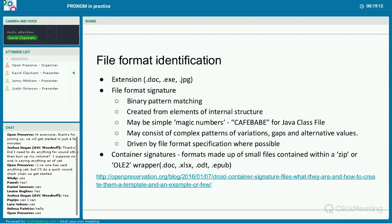The way a file format signature works is essentially through scanning the internal bytecode of files, and it does a thing called binary pattern matching. It looks for patterns within the files that are registered within PRONOM, and then returns a hit where it matches up. These patterns are created from elements of the internal structure of the files, and they may be quite